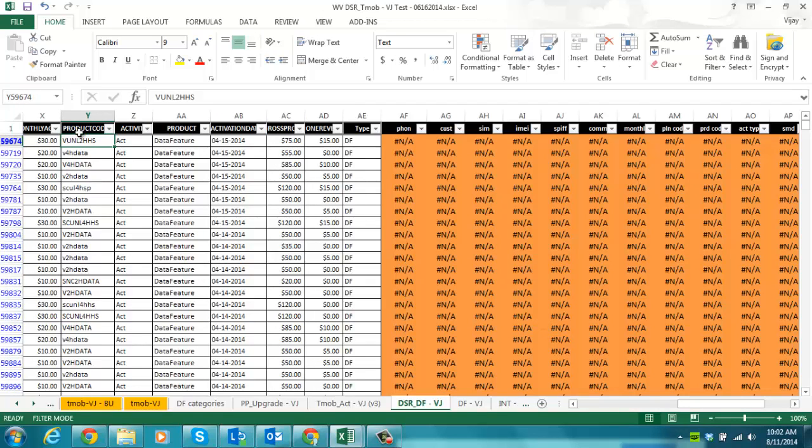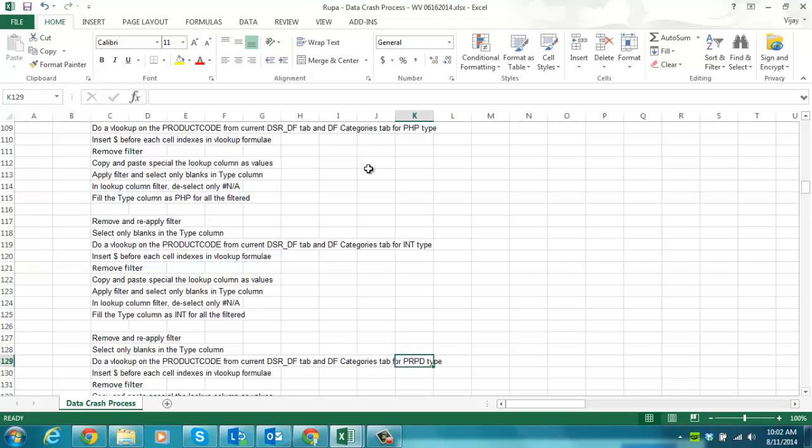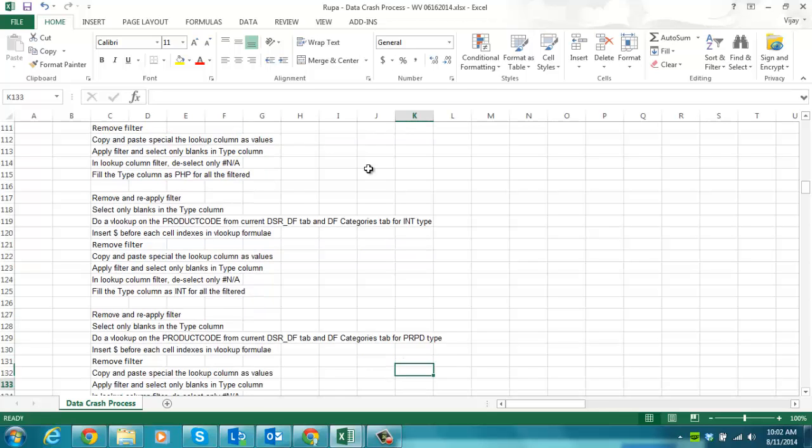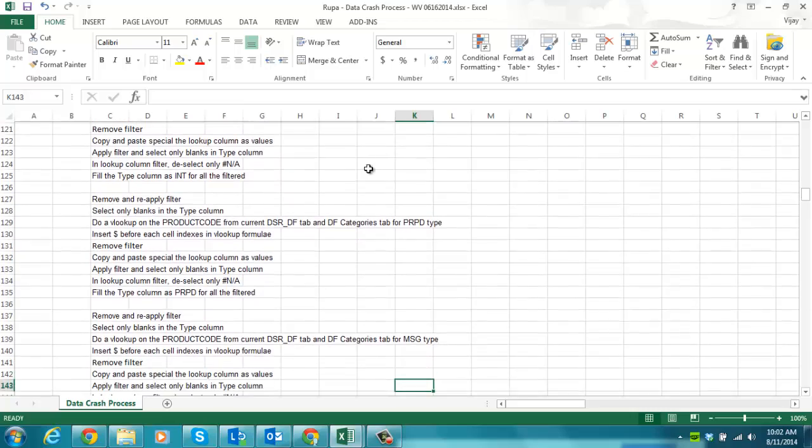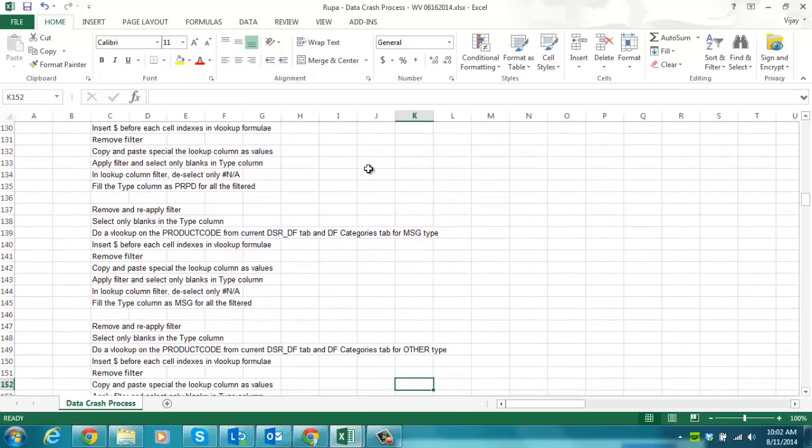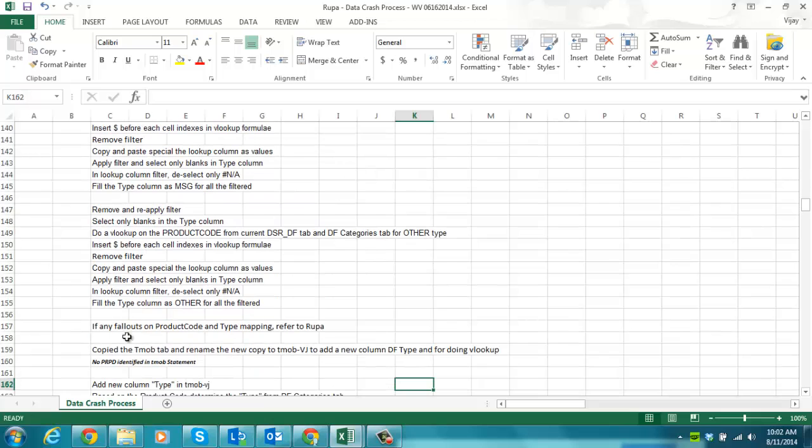Based on this column, I have been doing VLOOKUP on this. Whichever is a match based on the first VLOOKUP, first I did a VLOOKUP on DF. Anything that comes that was a match, I sorted up, and I started doing a VLOOKUP on the not applicables based on the next category, next type. So the next types are like PHP, international, prepaid, messaging, and others. Now, once I got all this,